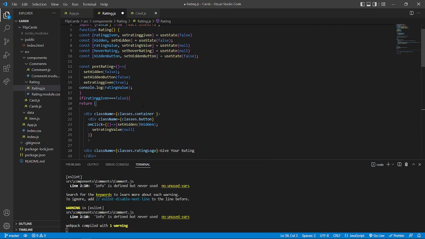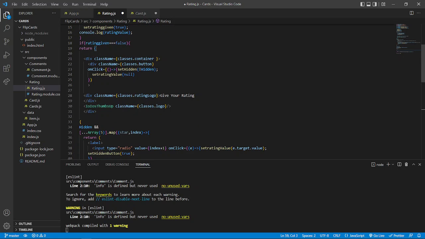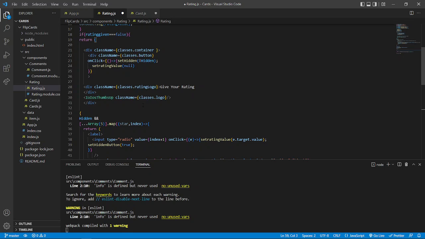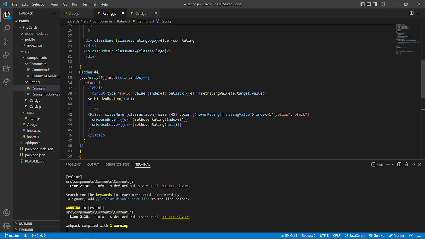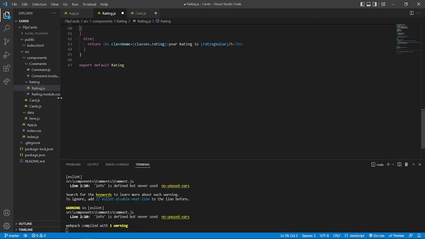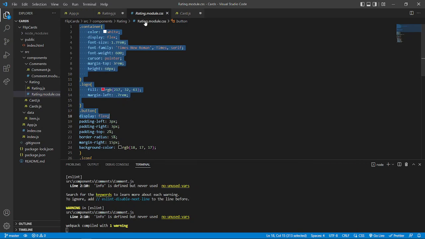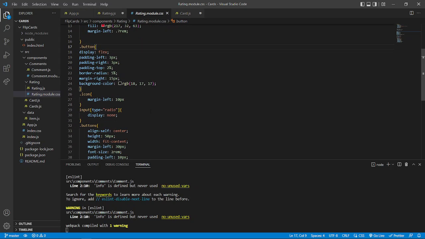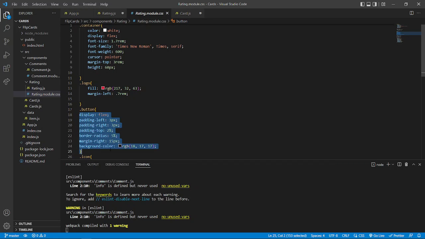Here are some logical things I have applied. So this much was about our rating thing. Here the CSS I have applied is rating.modulo.css. So it is not normal CSS, it is a different CSS I have used. So basically, in order to prevent the duplication,